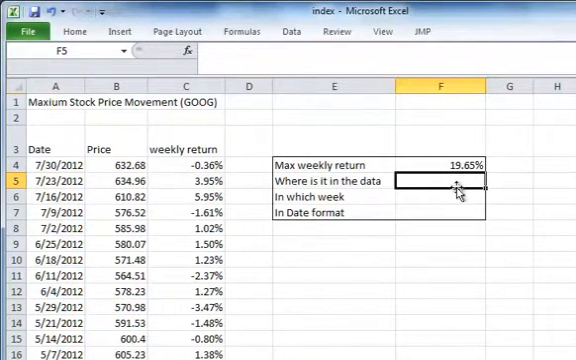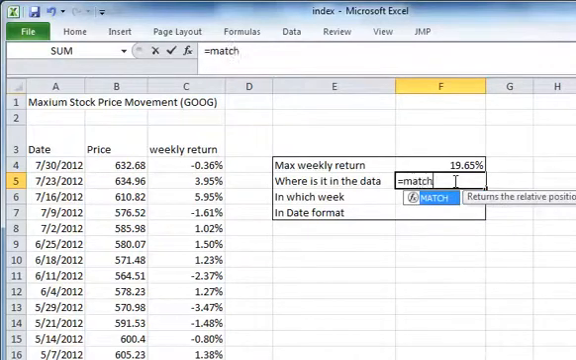Now, when did that happen? We break it down into several steps. First of all, we want to find out in this column in what position is this number appearing. So in order to do that, we use match function. So we say match